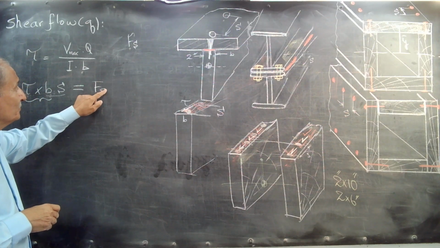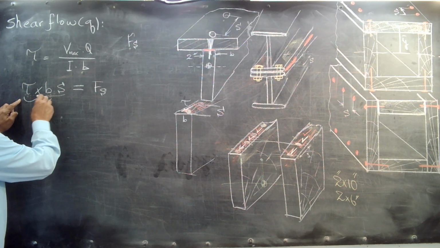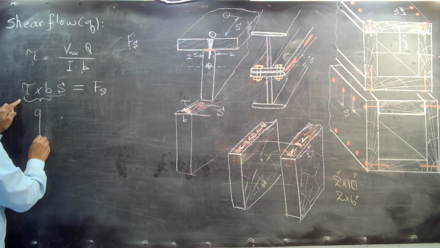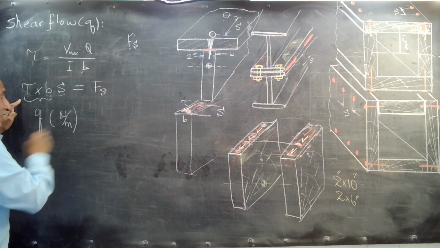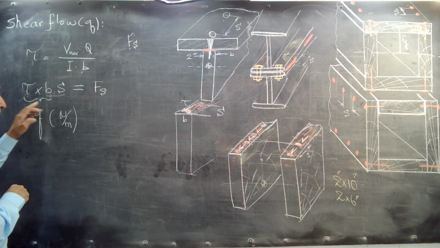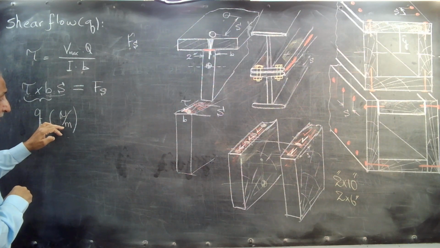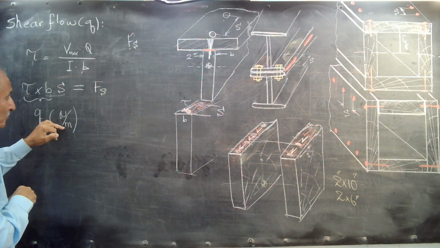In this case, we call it shear flow, whose unit is Newton force per meter, for example, or pound force per inch,